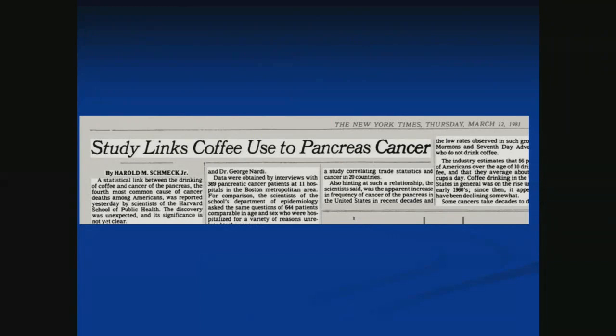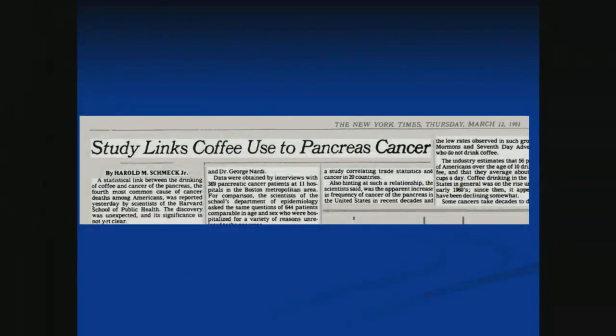So first of all, how are the cases selected? Let's start with that. Danielle's hard. She read it. Patients with pancreatic cancer treated at this hospital. Right, so it was actually 11 hospitals in Boston and Rhode Island, and a certain number of patients with pancreatic cancer became the cases. Now, how are the controls